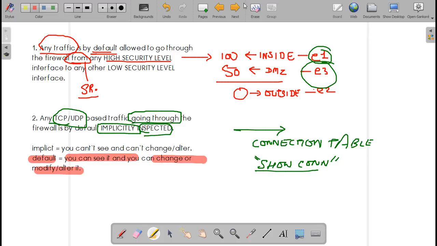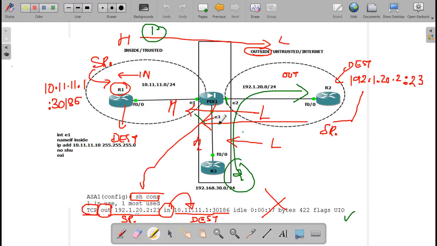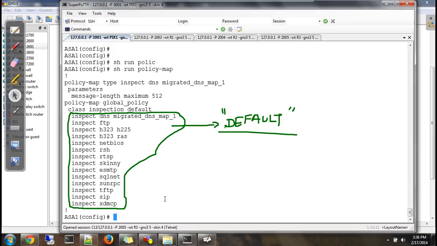Fine. So these are default. Right below here, after all this, is your implicit inspection, which is for TCP and UDP traffic only.